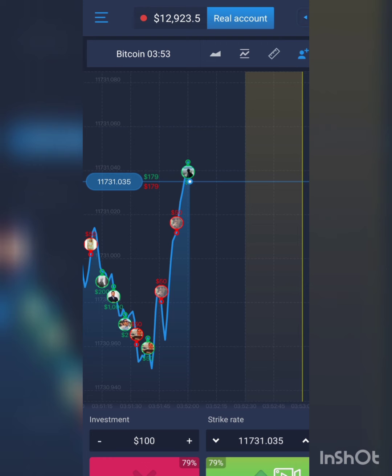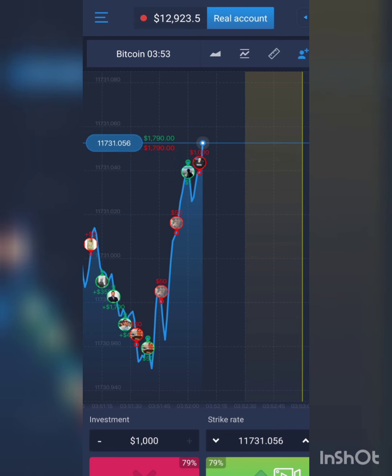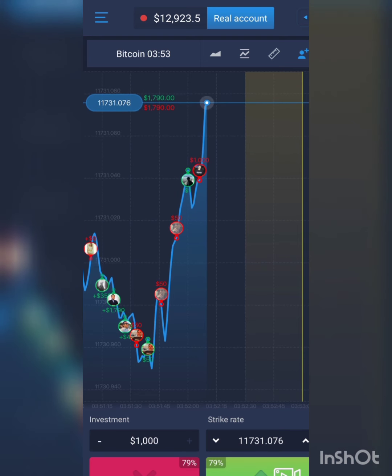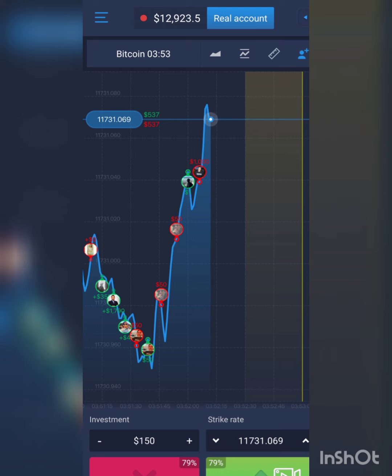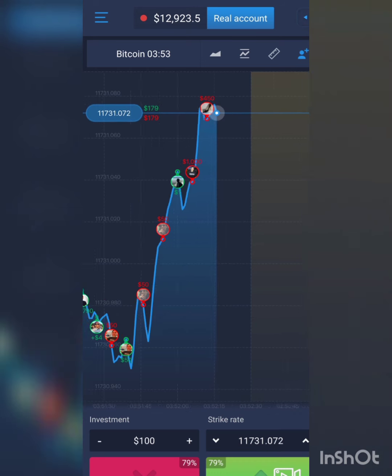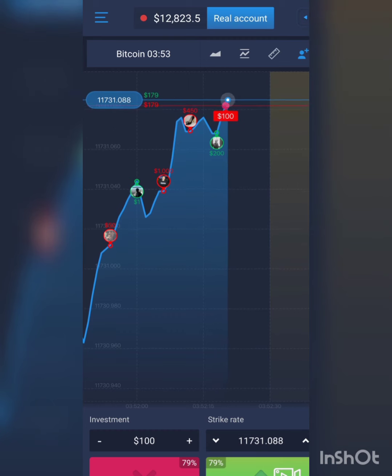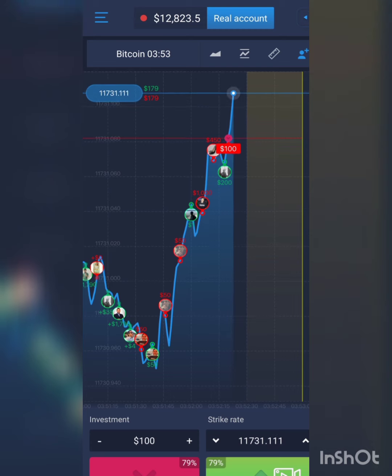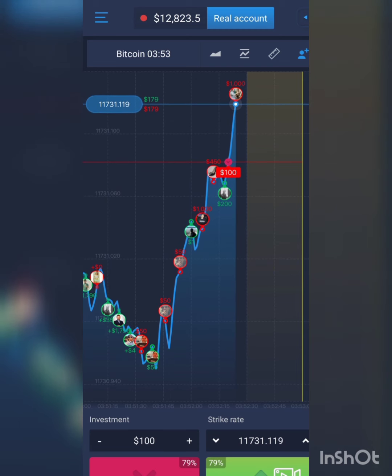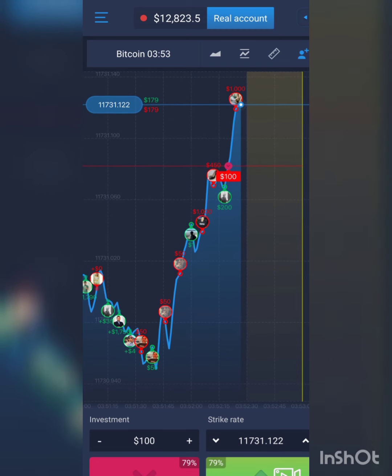So we can see the amount which I am going to invest. I can change it. The maximum amount I can go for investment is $1,000. Now I am going for only a $100 investment. Here we can see two of the traders have gone for a put option. So let me go for a put option for now. Let's see what will come at the end result, that means at the yellow line at the end.